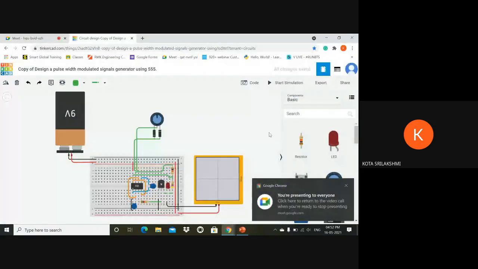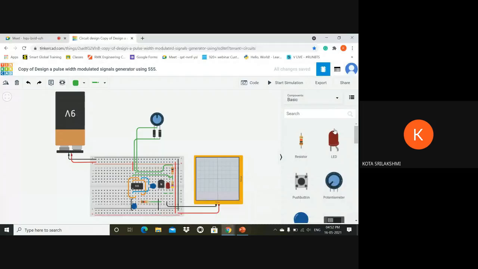This is the Tinkercad software, and from here we can get the components to build this. And this is a 9-volt battery which is used for the power supply. And this is the cathode ray oscilloscope, which is a type of electrical instrument used for showing the measurement and analysis of waveforms. It's a very fast XY plotter, which shows the input signal versus another signal.